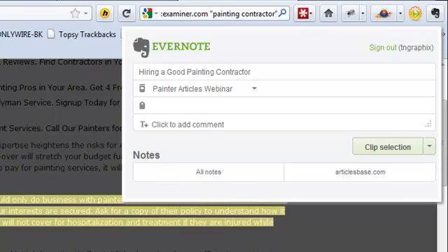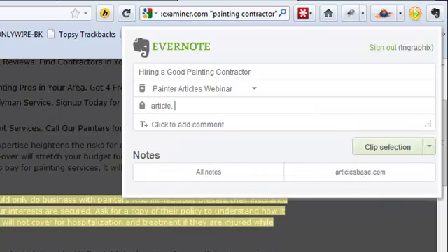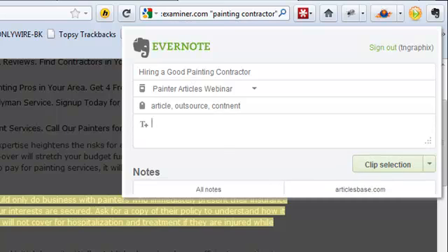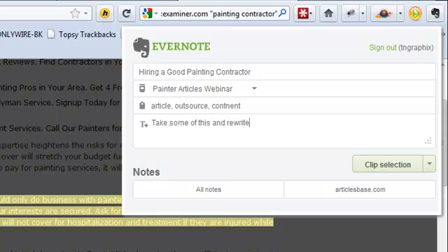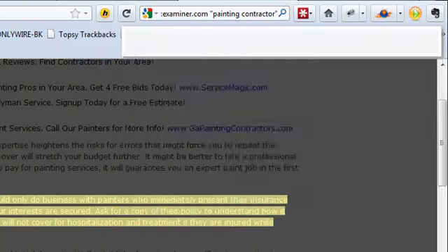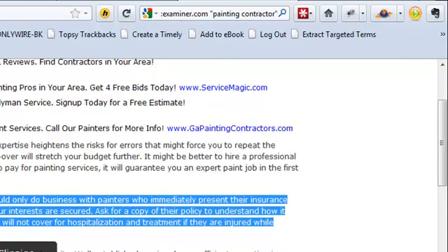I can add some tags, like article, outsource content, whatever you want to put in there. I can add a comment, and then clip selection. It shows us clipping. Down here it shows me it's done. If I hit view,